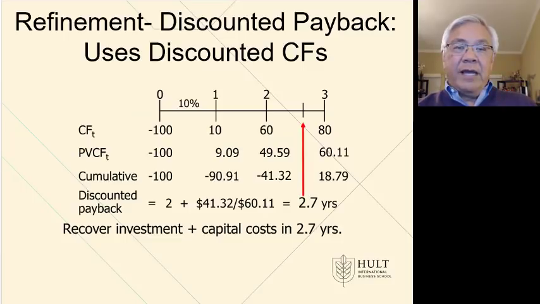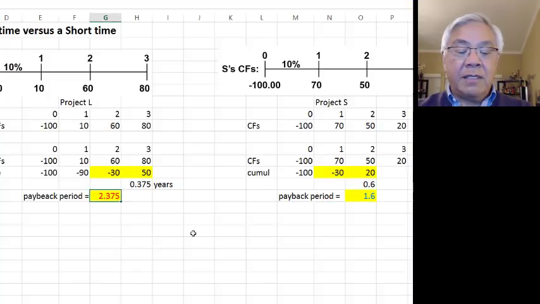All right, so there is a way to address the critique that payback ignores time value of money, because I'll just do it through illustration here. Here are the cash flows, 100, 10, 60, and 80, and we already can do the payback. So we know it's 2.375 years, right? So it's 2 years to get to negative 30 and 0.375 to make up that extra 30,